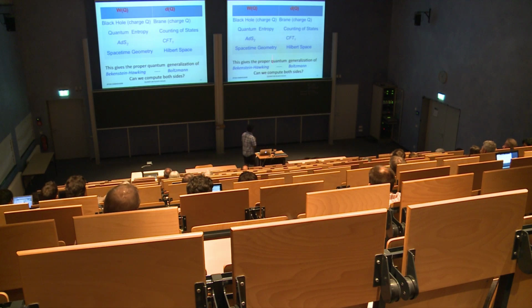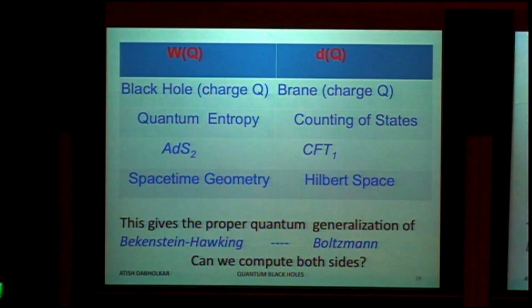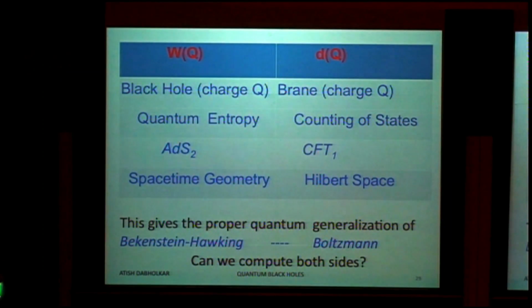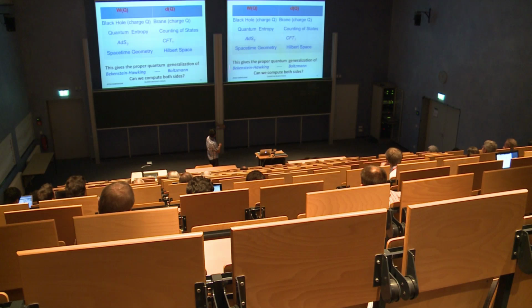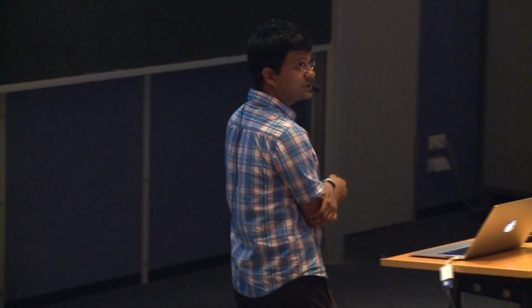The statement, and this is a kind of summary of what we are trying to do, is that we are trying to show that the Bekenstein-Hawking entropy is somehow related to Boltzmann, because if something has entropy, it must correspond to counting of states, otherwise your understanding of that object is not complete. So this is the quantum generalization of this correspondence, and the quantum generalization is the following: on the left hand side you have space-time geometry, you just have the geometry of the black hole. On the right hand side, on the other hand, you have a Hilbert space, because you want to be able to count.